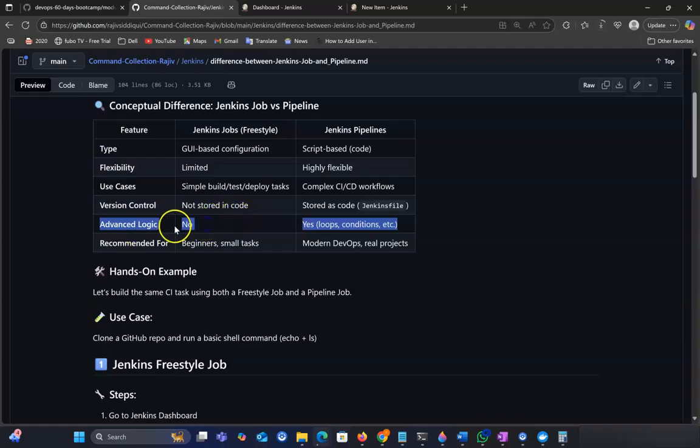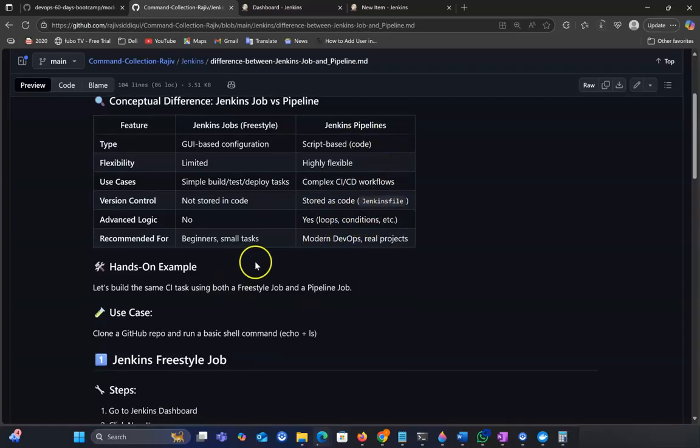It also has advanced logic, like loops or conditions. Like in a Jenkins pipeline, we apply some condition: if you fulfill this condition, do this instruction. If you don't fulfill this condition, then do that instruction. Or if we need to do lots of repeating tasks, then we use a loop. So this option is available only in Jenkins pipeline. So for beginners or small tasks, we will use freestyle, and for modern DevOps and real-time projects, we will